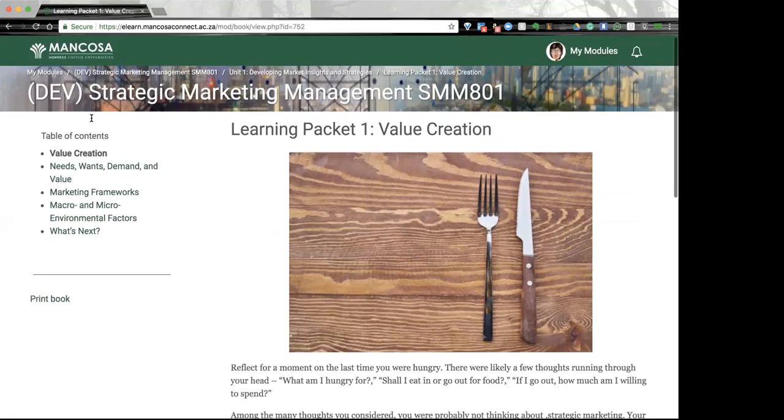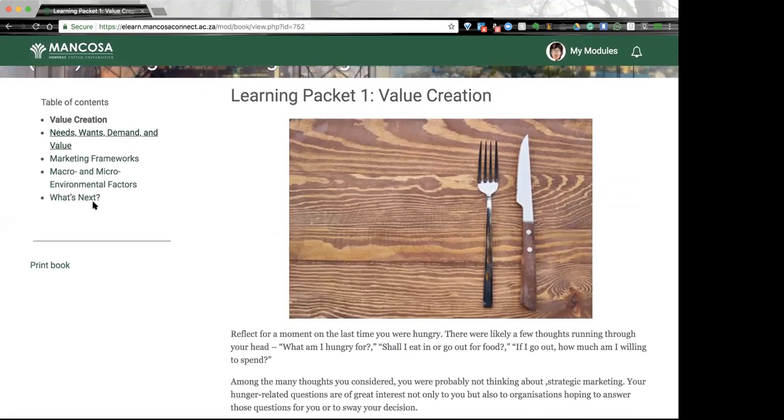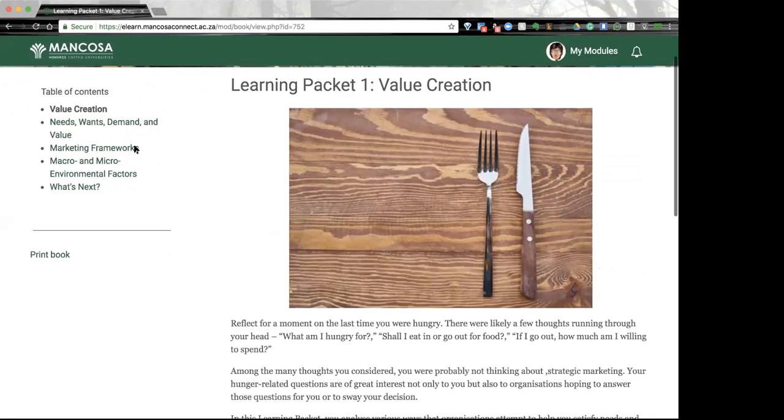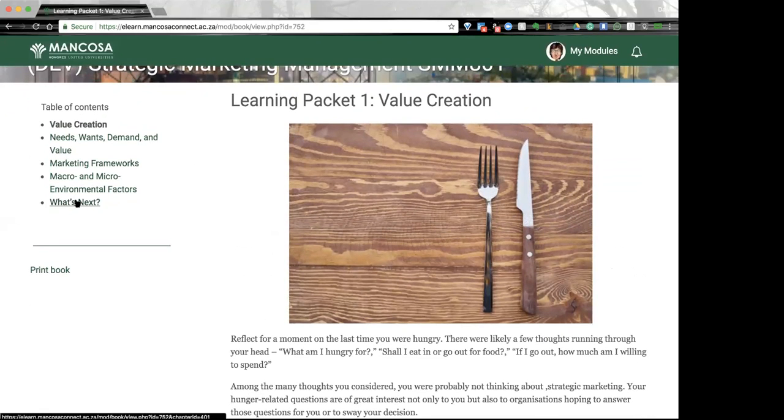And again, over here on the left-hand side, you'll see a table of contents. Learning packets are like mini books, if you want to think of them that way. You'll notice over here it says print book. And the nice part about this feature is that if you click print book, everything that's in the learning packet and each of these pages will be downloaded into one PDF